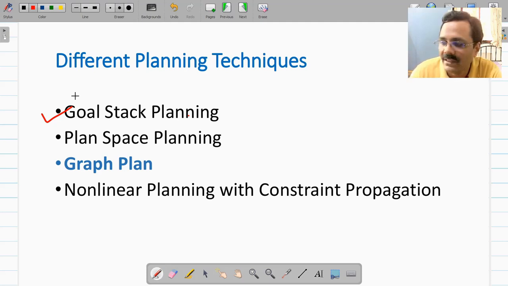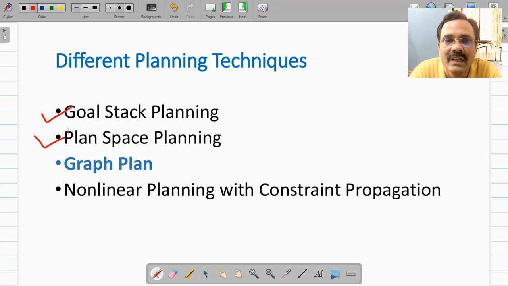Therefore, after that we have discussed another planning technique which is called plan space planning. Plan space planning works on plan structures. It's a nonlinear planning technique, and then we saw in plan space planning it can modify any part of a plan. Also we have seen it can shift its attention anywhere in between, so that is called the principle of least commitment. Then we saw we refine these partially ordered plans by removing flaws.